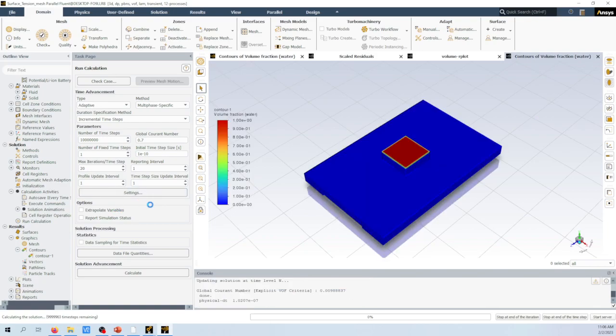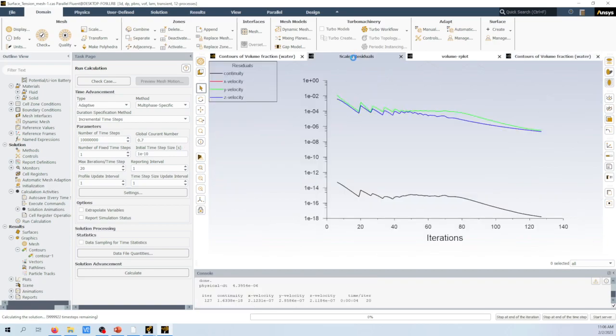Now, since I chose such a small initial time step size and it's adaptive, we will slowly step up to maintain our current number throughout the domain. So eventually we'll reach some sweet spot in time that will allow us to maintain that and go as fast as we can. But right now, see, we're dropping,